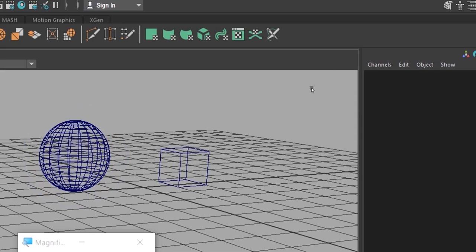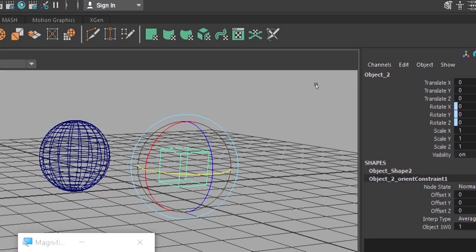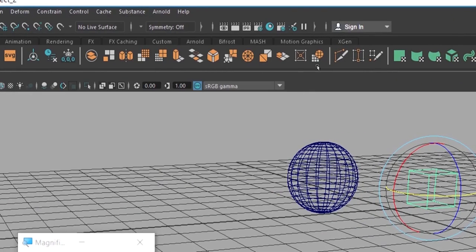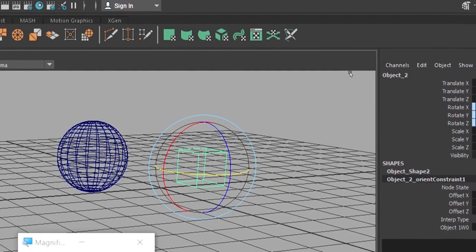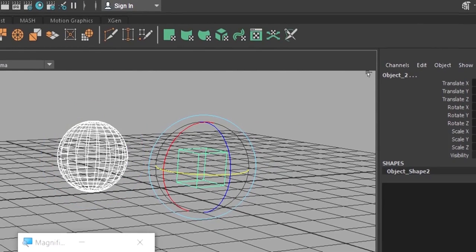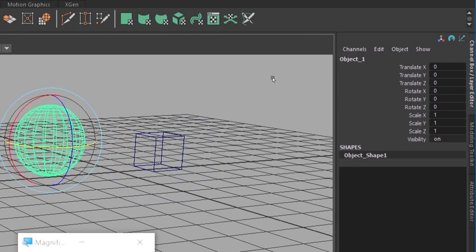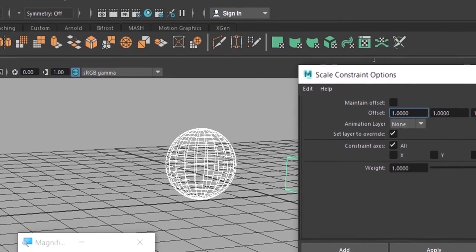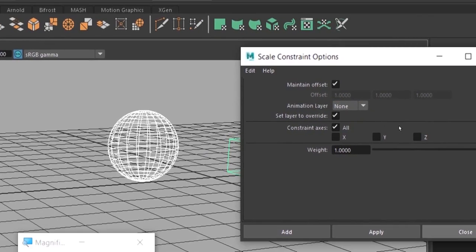And one more thing. So this is parent constraint, point constraint, orient constraint. Yeah, I will explain the scale constraint. It is very easy. I hope you can guess easily now what is the scale constraint. Okay, making all the values 0 again. I'm just selecting the main thing, shift select the second thing, go here, scale constraint, maintain offset, give apply and